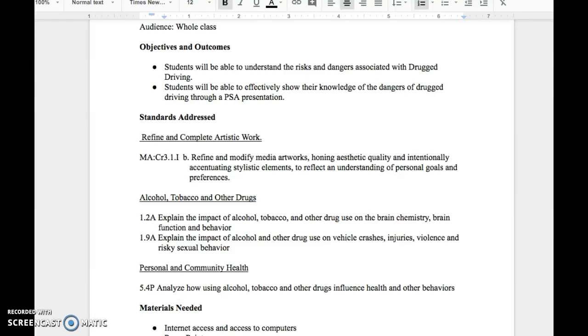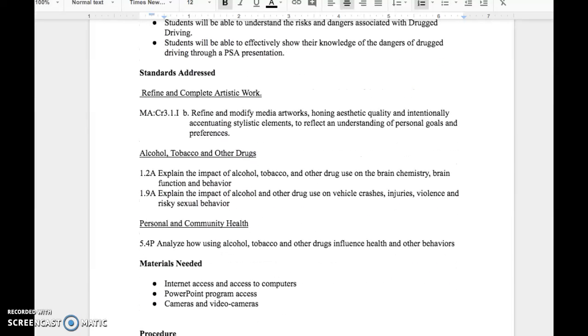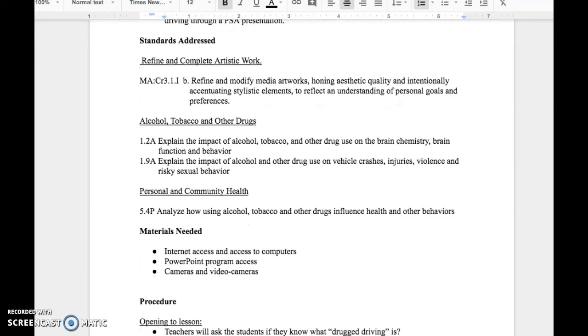And for our standards addressed, we chose a few different ones. For our media arts class, we chose 3.1.IB, refine and modify media artworks, honing aesthetic quality and intentionally accentuating stylistic elements to reflect an understanding of personal goals and preferences. For our health-related ones, we chose, under alcohol, tobacco, and other drugs, 1.2a, to explain the